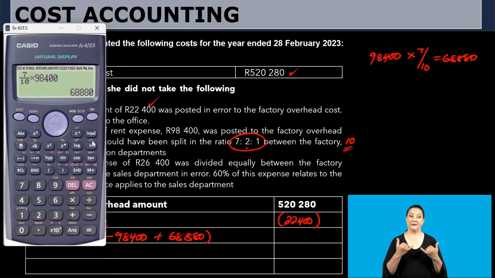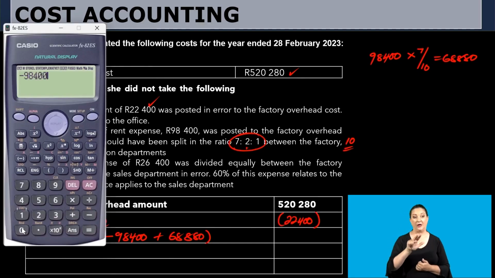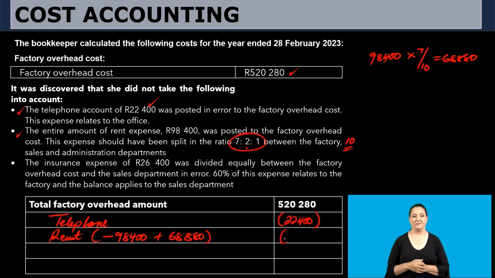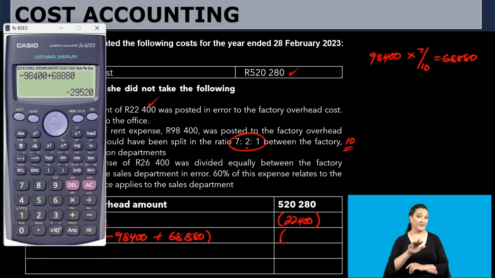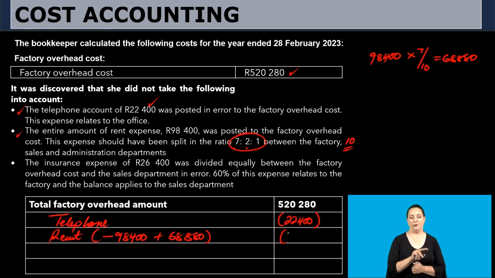Let me point out the amounts nicely. So I'll say minus 98,400 plus 68,880, and it will give me 29,520. Remember, it's a negative, so I'm coming here to say minus 29,520, like that. And then the last one says, the insurance expense of 26,400 was divided equally between the factory